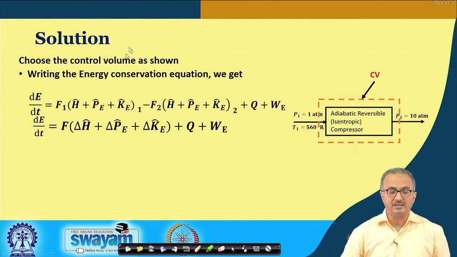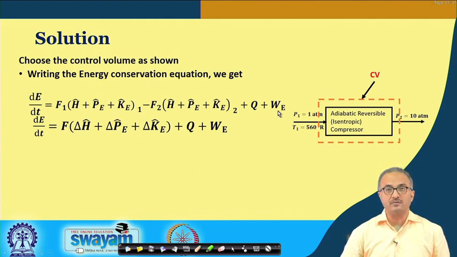Now, we write the energy conservation equation. This also I am not explaining, which I derived in the earlier lecture. So, here you see that energy conservation is equal to F1 into all the energies here. This is enthalpy, the potential energy, the kinetic energy, and please mind it, these are all the specific values. Okay. And this is the heat interaction between the system and surroundings, and this is a work interaction.